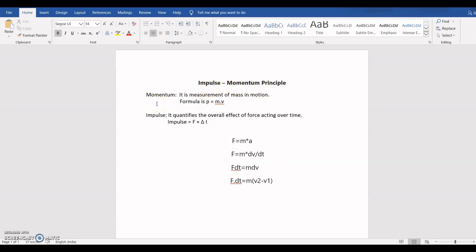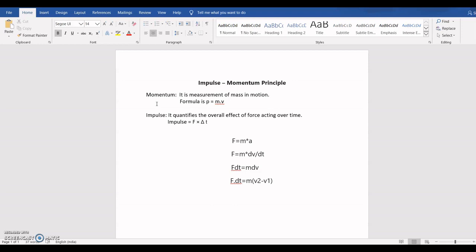Let's first discuss momentum. Momentum is a word which you might have heard many times. Specifically, if you are listening to cricket commentary, you might have heard that this team has very good momentum, so they might do very well, right? Now what do we understand by momentum here? In that specific case, momentum means they are carrying themselves in a very positive direction, right? Now in physics, momentum is a measurement of mass in motion, and the formula is mass into velocity. That is your momentum. It's a vector quantity.